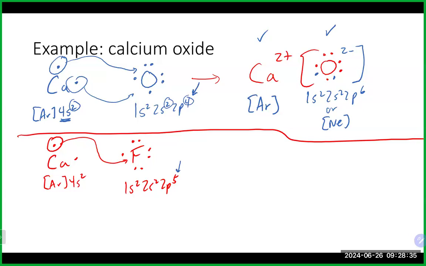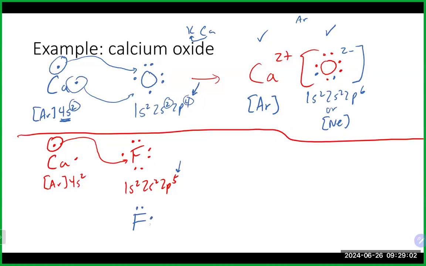And if calcium can only lose 1 electron, and if you look at the periodic table, if it loses only 1 electron, it's only going to back up to potassium, right? And that's definitely not a noble gas, right? It's just an alkali metal. So that's not going to be good for calcium. So fluorine will be okay, right? Because it's able to go forward and hit its noble gas. So in this case, because of that,